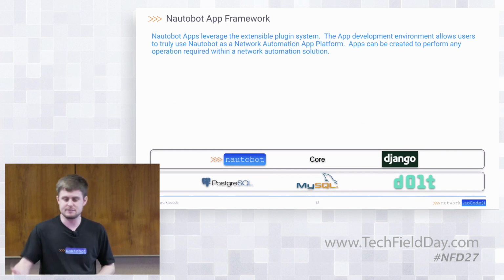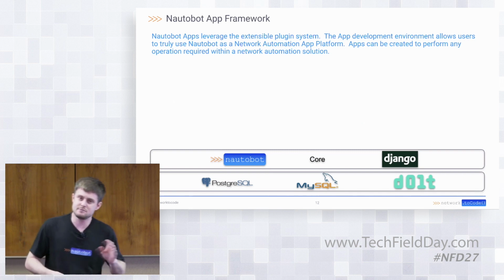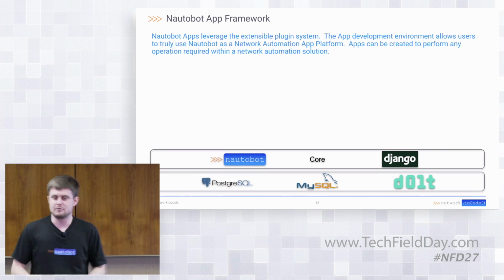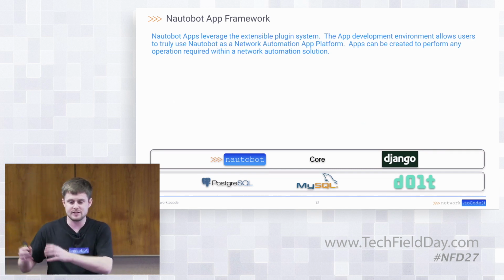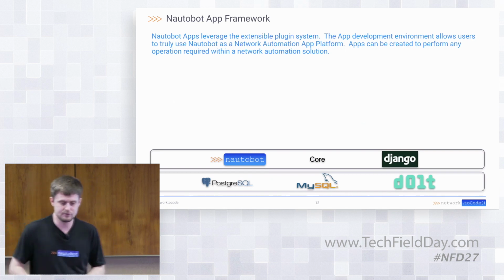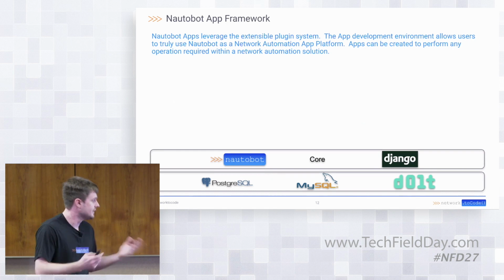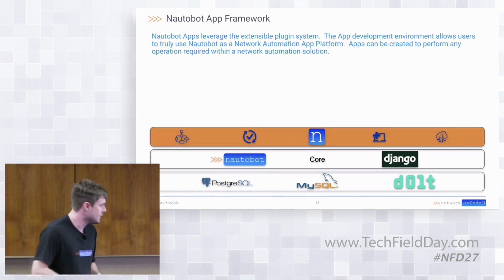We can take those exact same concepts with Dolt and the application on top of Nautobot here to do the same sort of thing within the Nautobot application itself with the nice web UI and so forth. So we open a pull request, we make some changes, we go through peer review, and eventually merge those data changes in. That's just one particular database backend that I'd like to call out there.